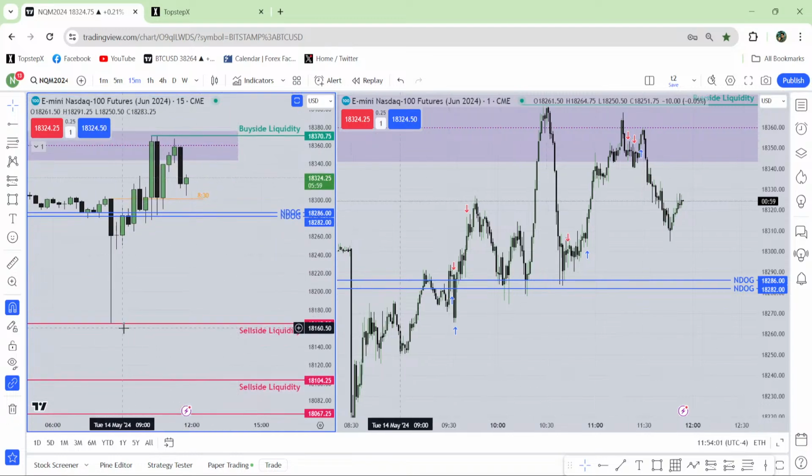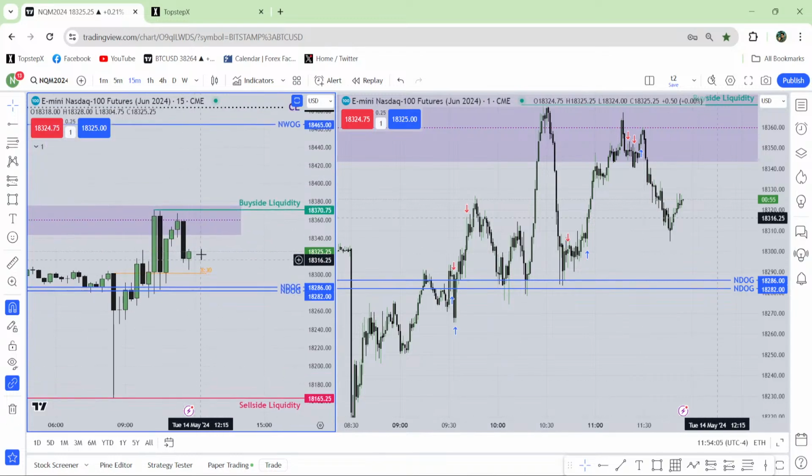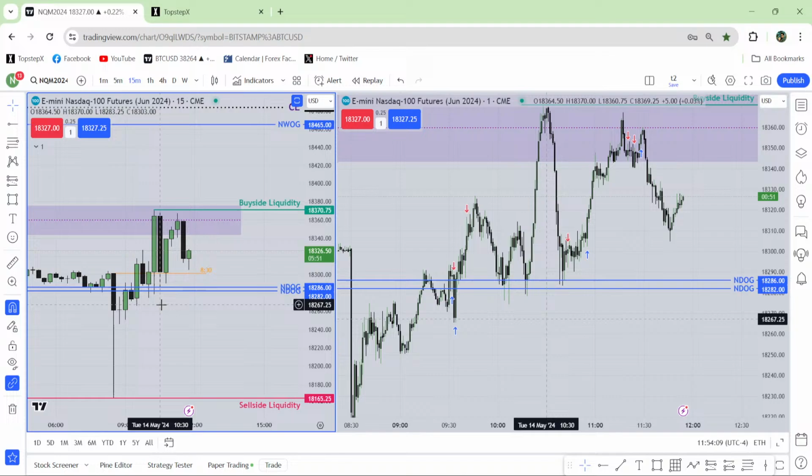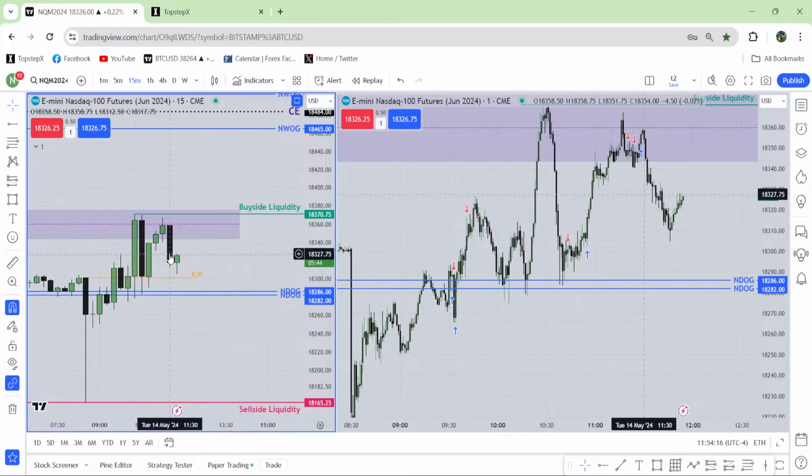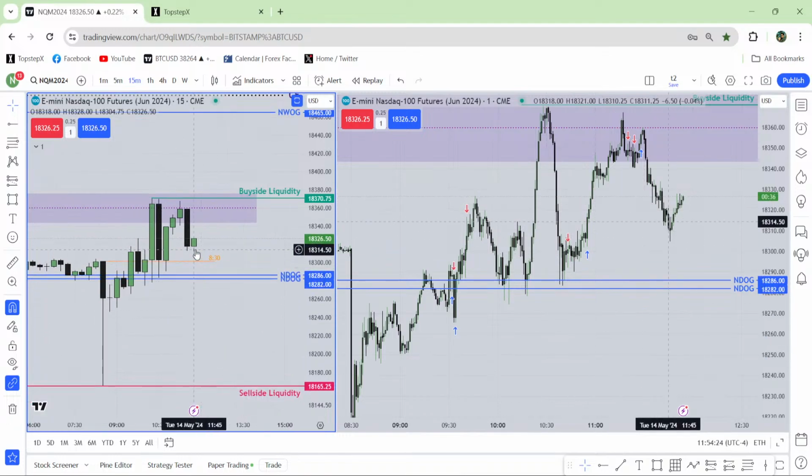You have this sell side liquidity, but as I told you, the market is not going for that sell side liquidity, so keep in mind whether this buy side liquidity or this sell side liquidity will be triggered. It's not clean from the 15-minute chart, but to be honest, that buy side liquidity is clean. So if you look for a buy setup, you will wait for a 15-minute bullish fair value gap.